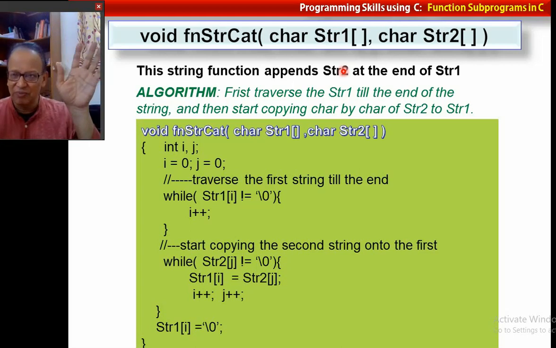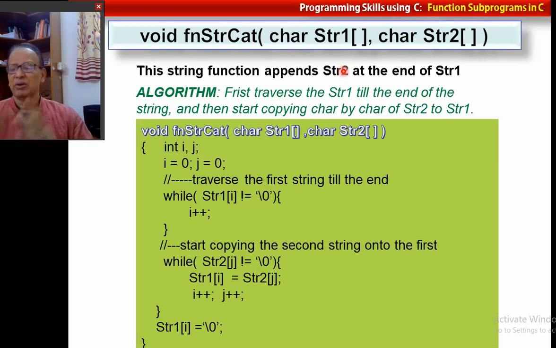Your algorithm would be, as long as they are equal, go on. This is the first loop. Inside the loop, as long as they are equal, they will finally come to the null character. That is also equal. Therefore, if both of them reach the null character within the loop, then you know you have come to the end of both the strings. Therefore, they are equal. You return 0.